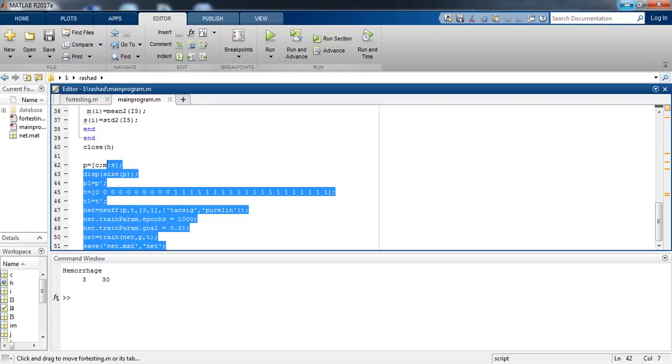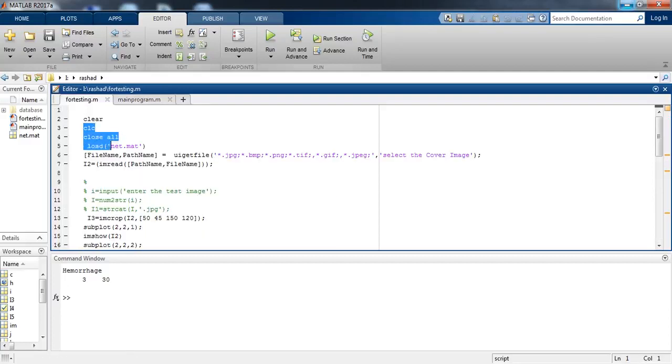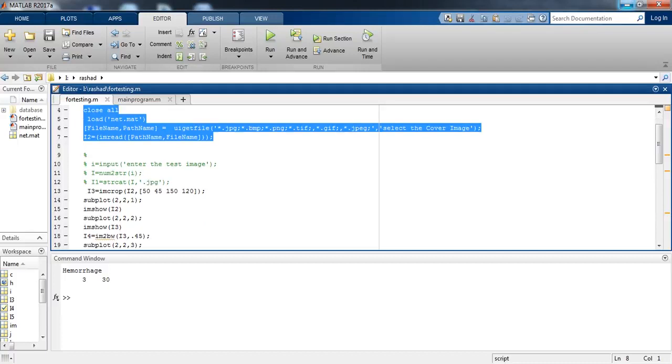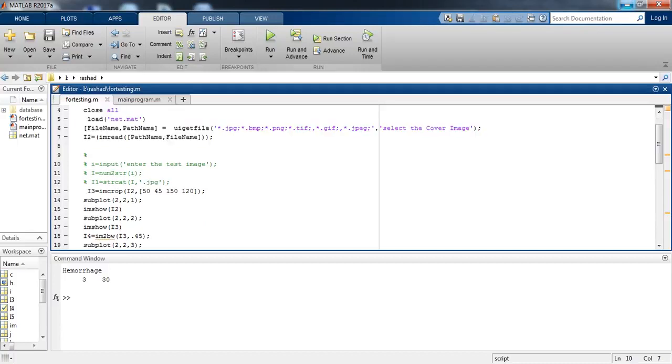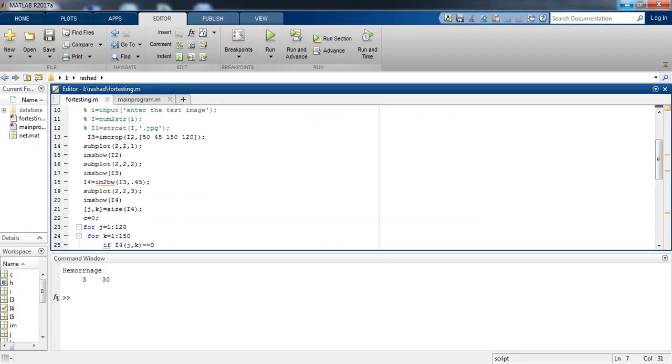Now let's come to the testing.m file. In this file we are first loading the net.mat file. Then we are reading the file name and path name by providing it here. Then we are using the imcrop function. As you know, the crop function displays the image in a figure window and creates an interactive crop image tool associated with the image.